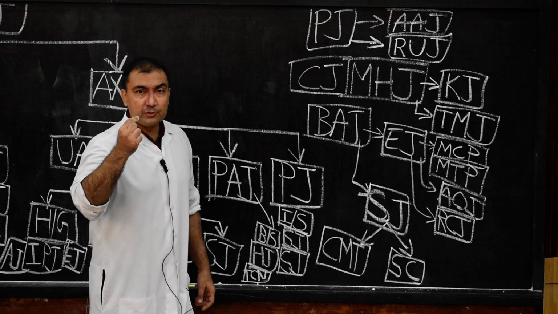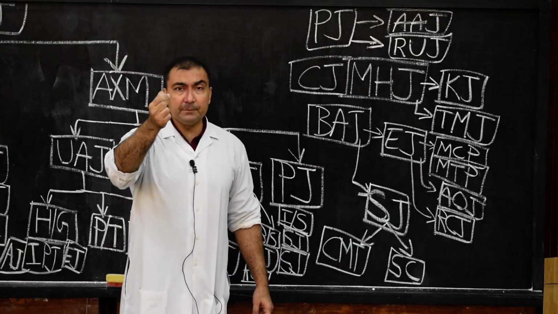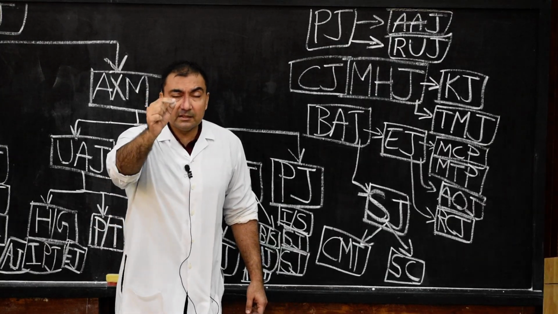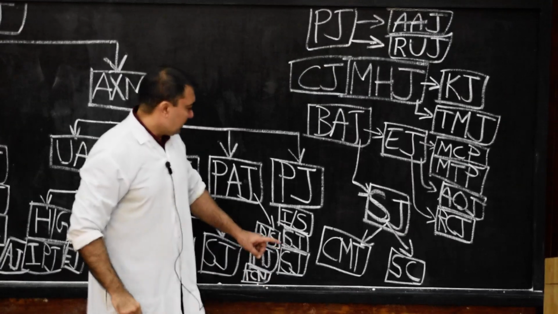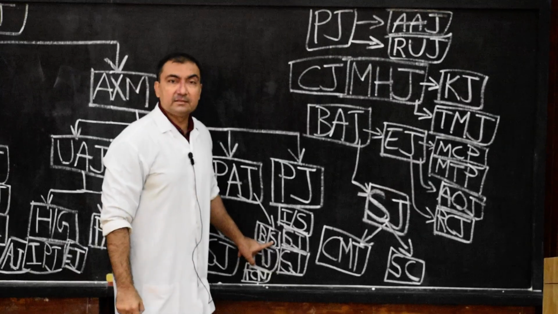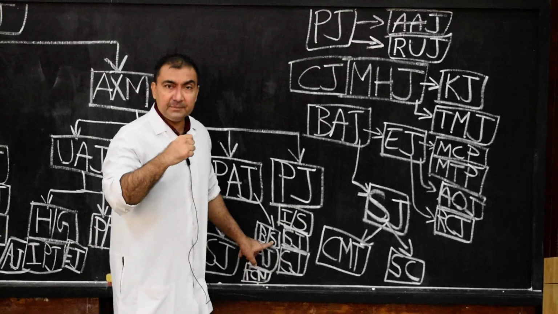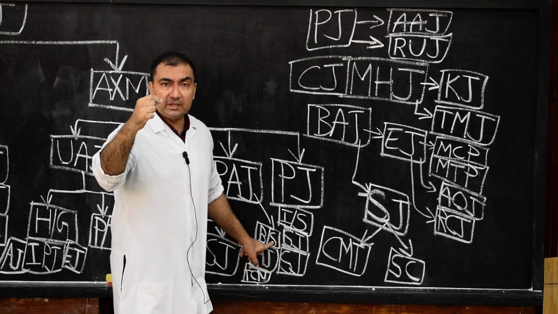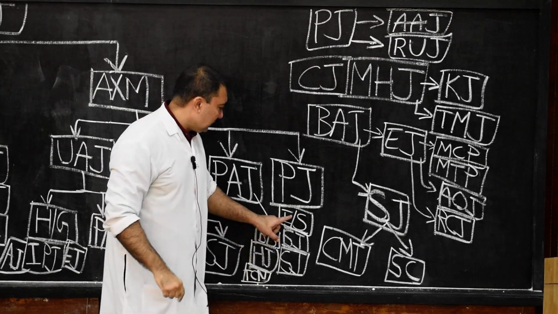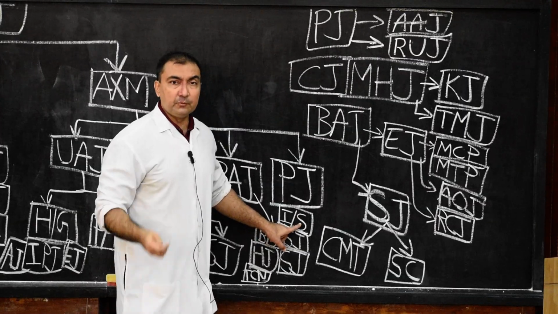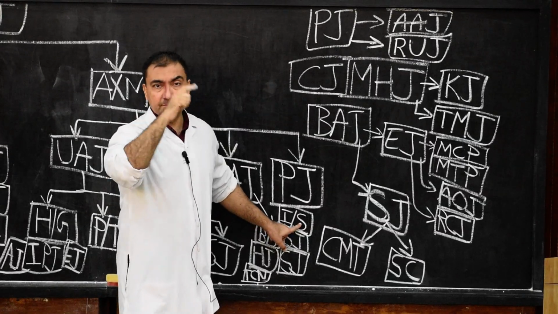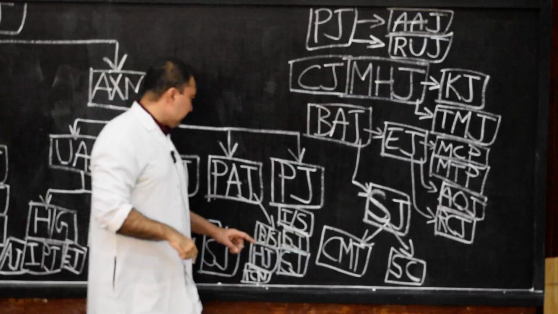The smallest joint, between incus and stapes present in the tympanic cavity, is a variety of restricted ball and socket joint. So what is the name given here? Restricted ball and socket variety of synovial joint. Example, between incus and stapes, in the middle ear cavity. So here we finish with polyaxial joints.